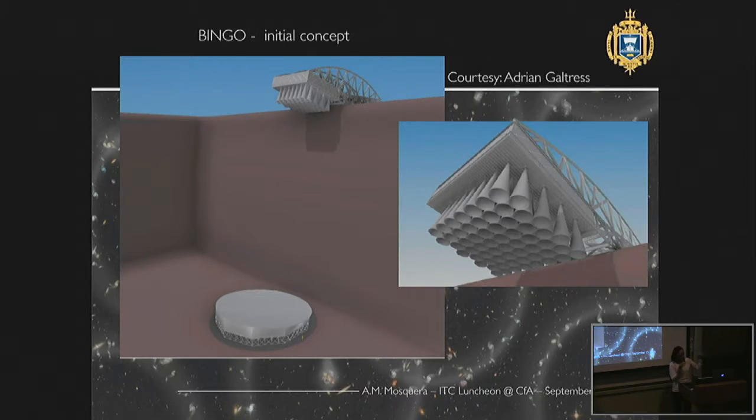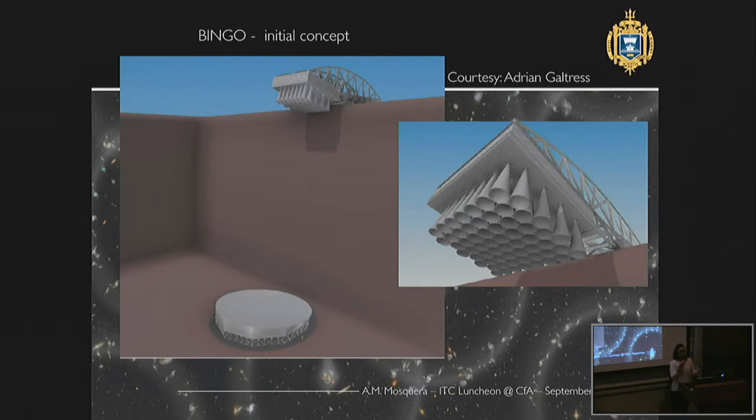If we measure the scale of the baryonic acoustic oscillations, we can measure distances, and if we measure distance as a function of redshift, we can put constraints on the cosmological parameters. So our project wants to measure BAOs at low redshift, and the whole concept was based on this, specifically with these probes. The original concept was to make a little Arecibo in a quarry, as this artistic 3D model shows.